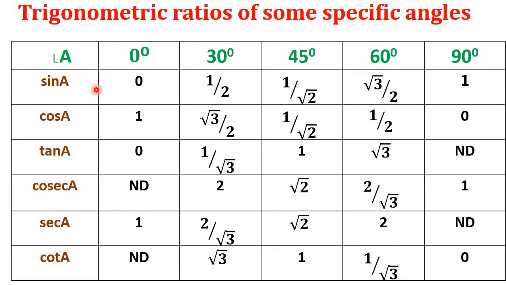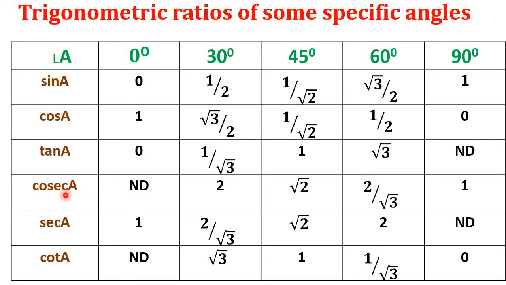So, if you remember the values of sine of the angle and cos of the angle, we can easily calculate the tan of the angle by taking the ratio of sine of the angle to the cos of the angle. So 0 by 1 is 0. We can cancel 2 and 2. It becomes 1 by root 3. Here also we can cancel root 2 and root 2. It is 1. Here also cancel denominator 2 and 2. It becomes root 3 by 1. It is root 3. 1 by 0 cannot be defined.